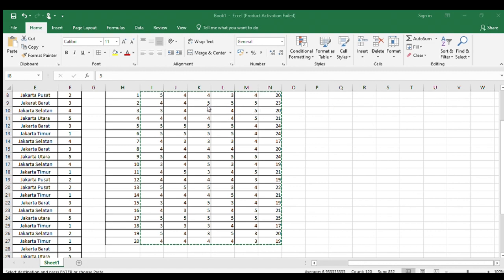Click scale if item deleted. Continue. Click OK.